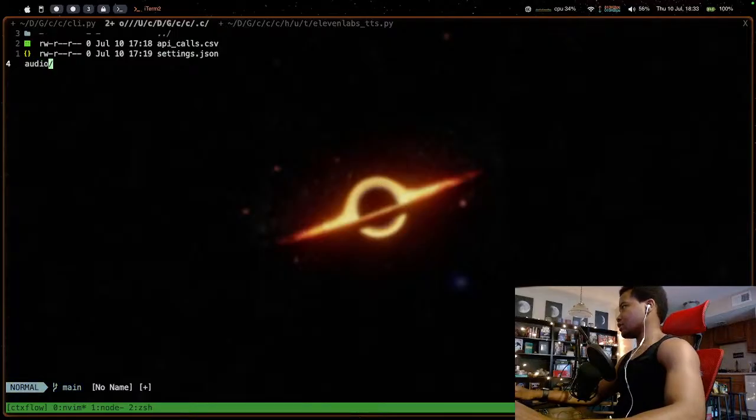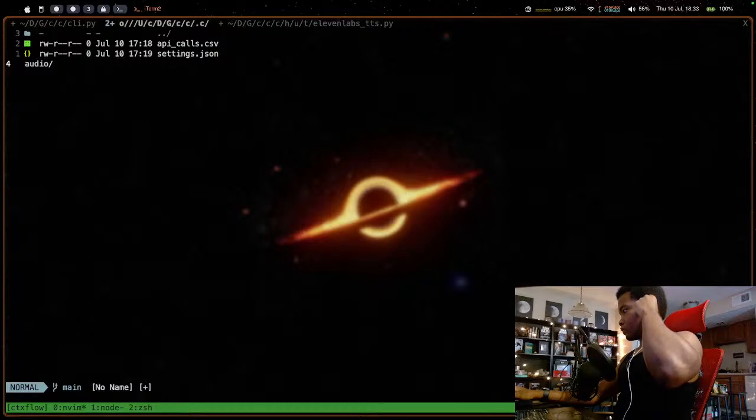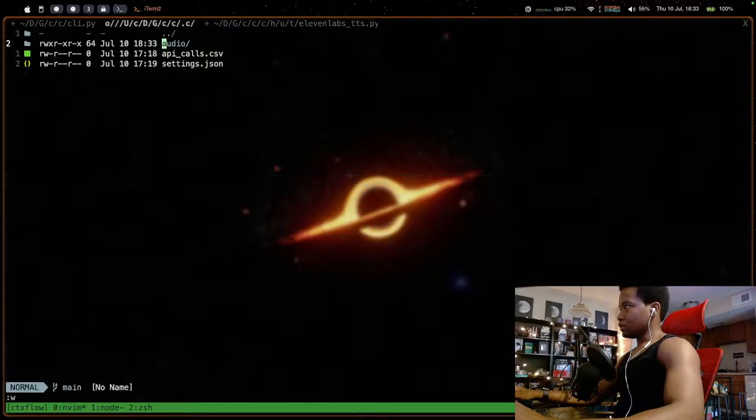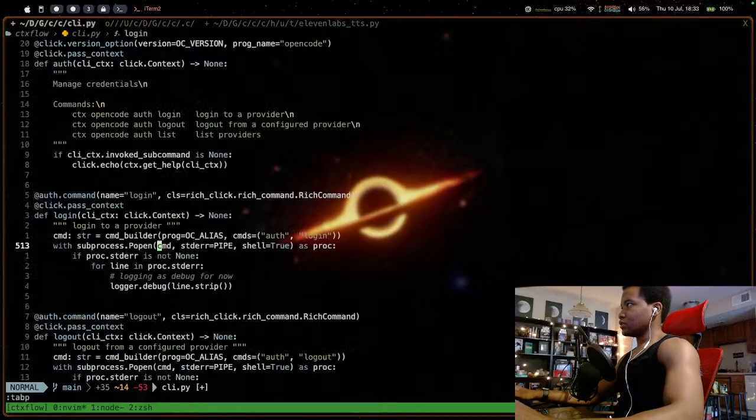It's called like audio or something. It's called audio. And we'll store all the MP3 files in there or whatever it might be.